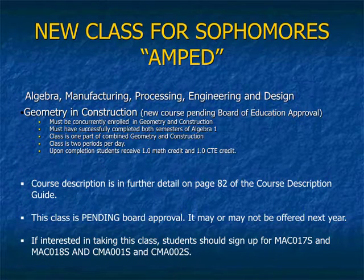There is a new course potentially offered next year for sophomores. The course is titled AMPed, Algebra, Manufacturing, Processing, Engineering, and Design. It will encompass geometry and construction, allowing students to get more of a real-world feel while merging that with their geometry class. Right now, the class is pending board approval, and we will have more information going forward. If you are interested in this class, please sign up using MACO17S and